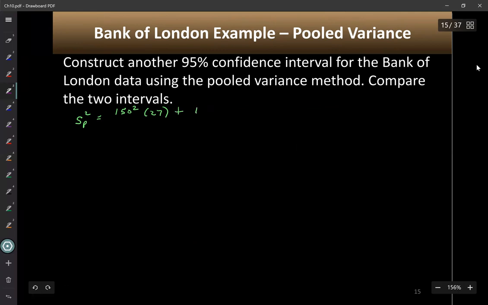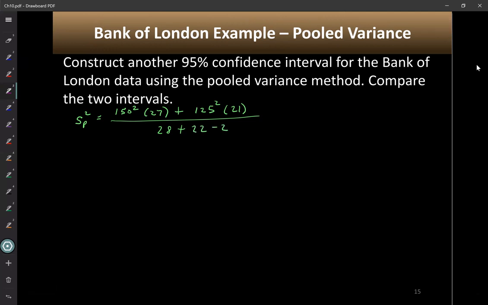Then for branch B, we square that sample standard deviation, times 22 minus 1, which is 21. Divide by the size of sample 1, which was 28, plus sample 2, which was 22, minus 2. Notice that the denominator is the degrees of freedom that we use. It ends up being 48. So that equals